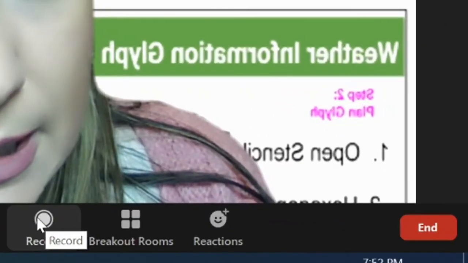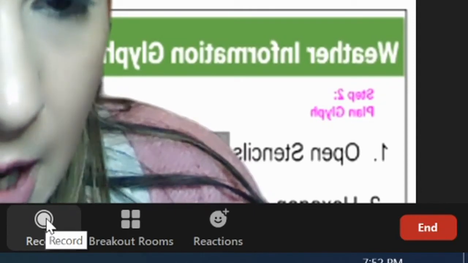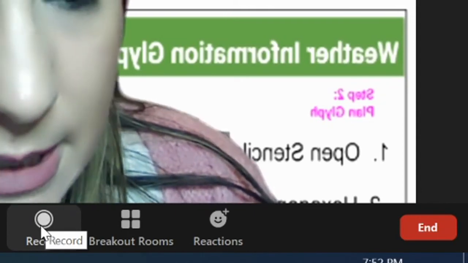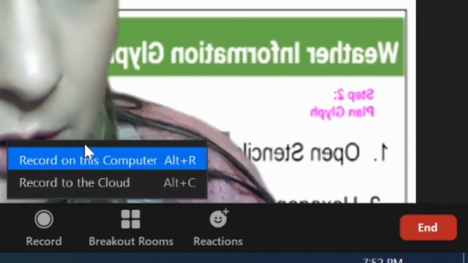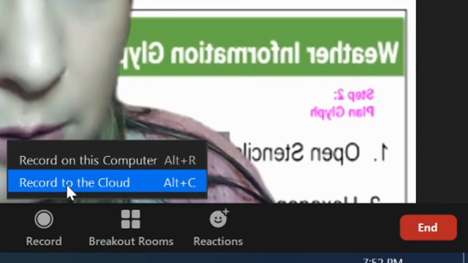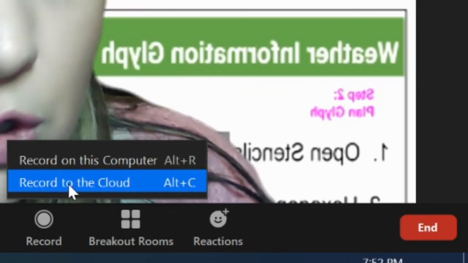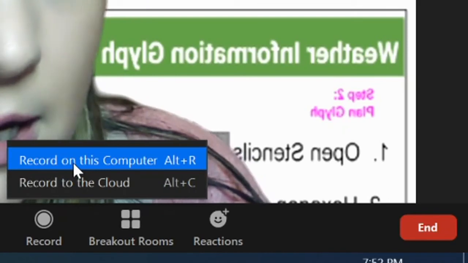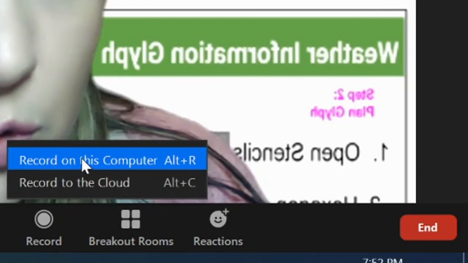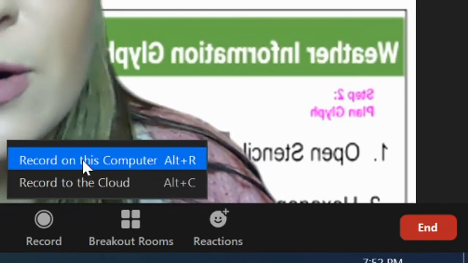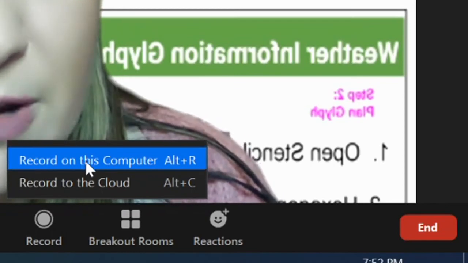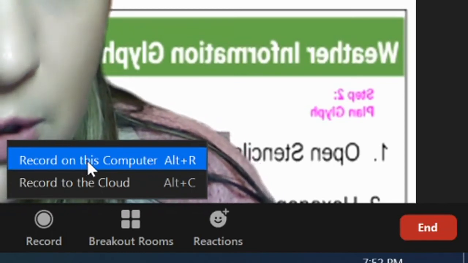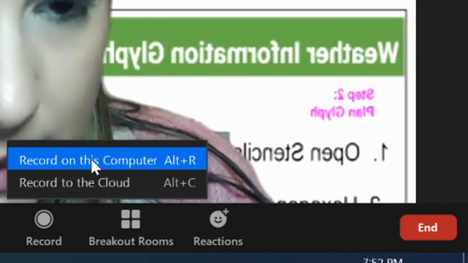This particular button is the record button. So it lets me record my meeting. I tend to record all of my meetings. And when you click on it, you're given two options. You can record the meeting to the cloud, or you can record the meeting on this computer. So I always pick record on this computer, and that'll just keep a video record of the meeting on the computer if I wanted to access it